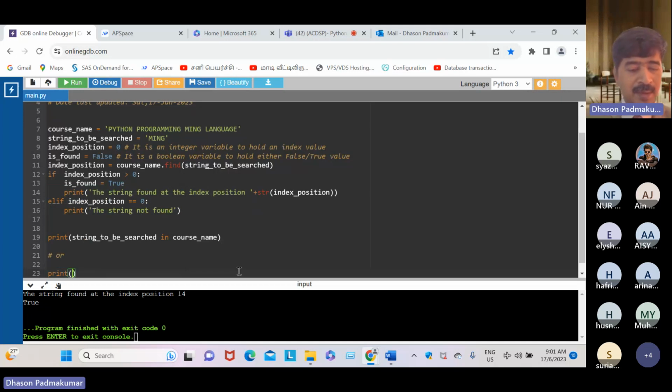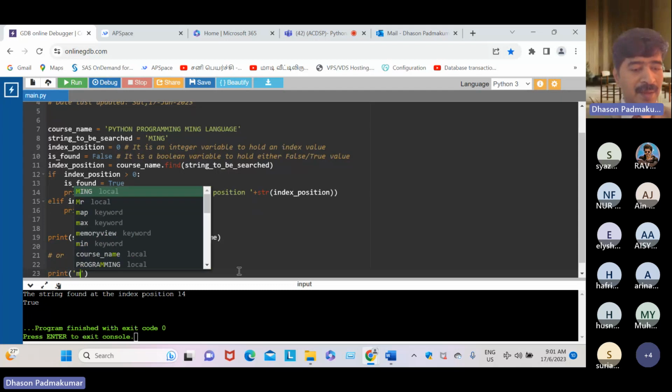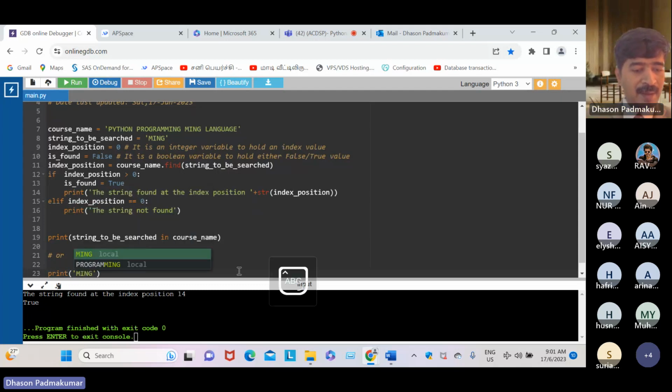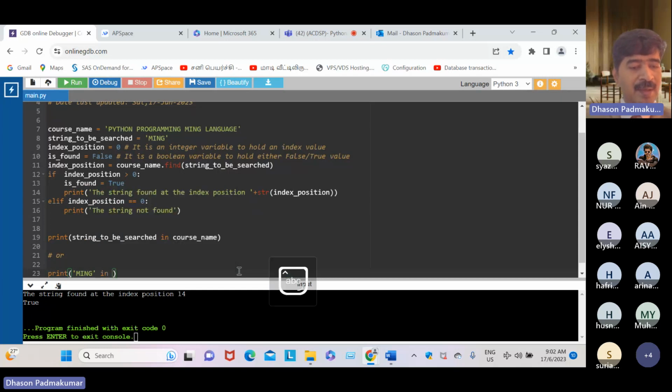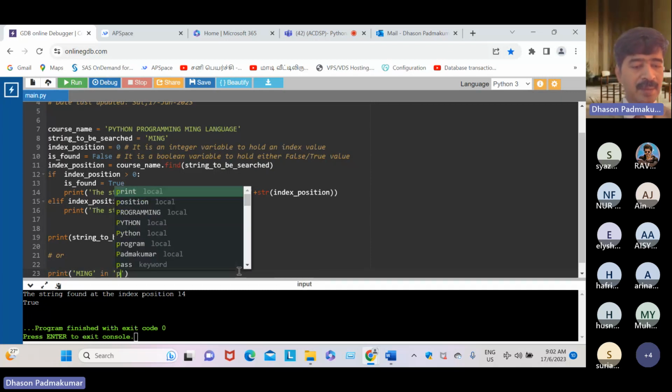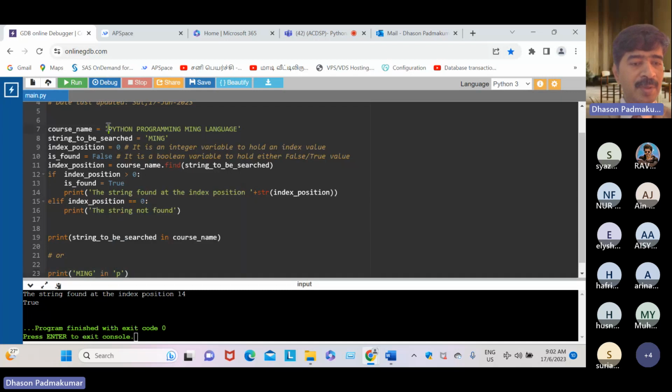And the string to be searched is Ming, and next in lowercase, and next the actual string is Python. So better we just copy this. Python programming.